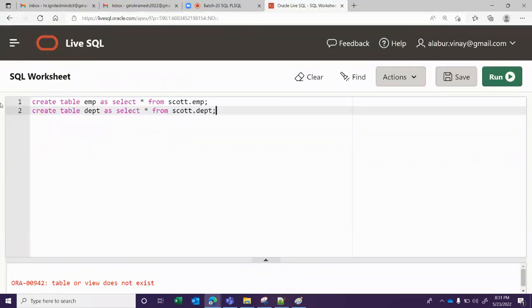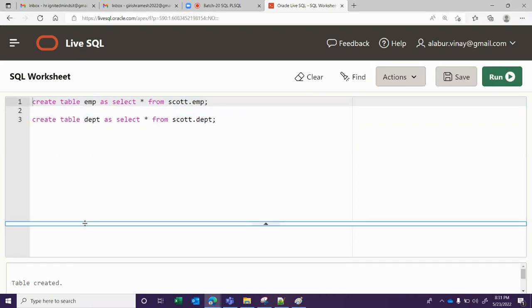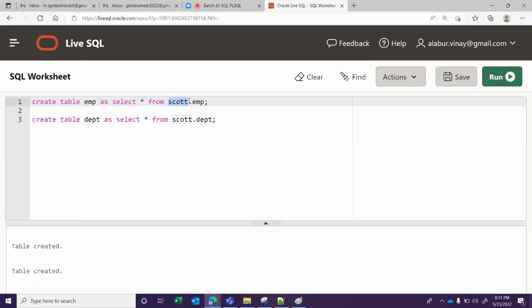Go and close your eyes. And how to run the statement? Select it, or just press control enter. Both statements will get executed and your tables will exist. Look at here. This is a statement. Select star from